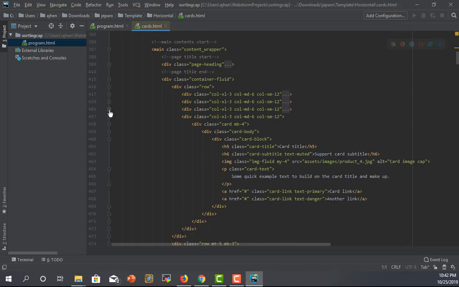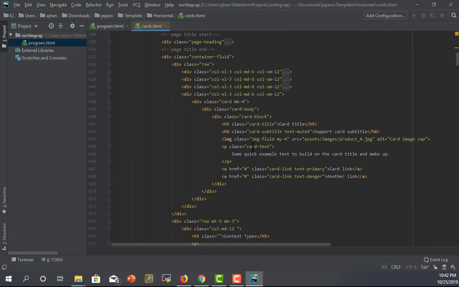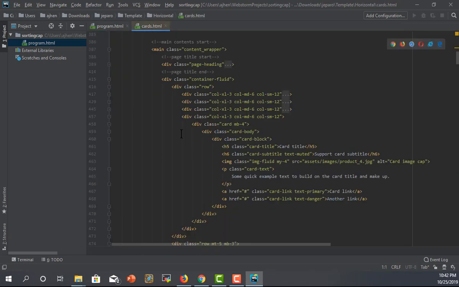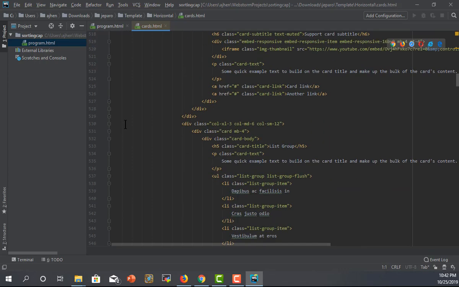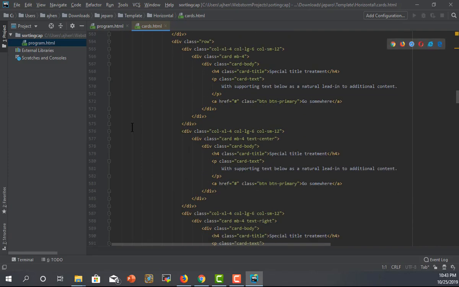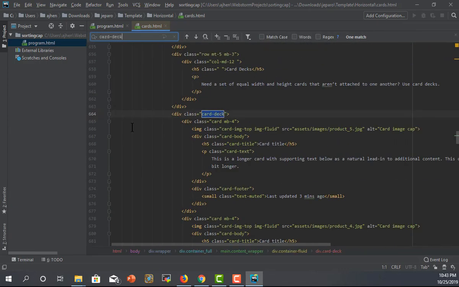And if I keep collapsing these, card MB4, product 4, and what we have here is card MB4, div class card deck. Find card deck. All right, so this,